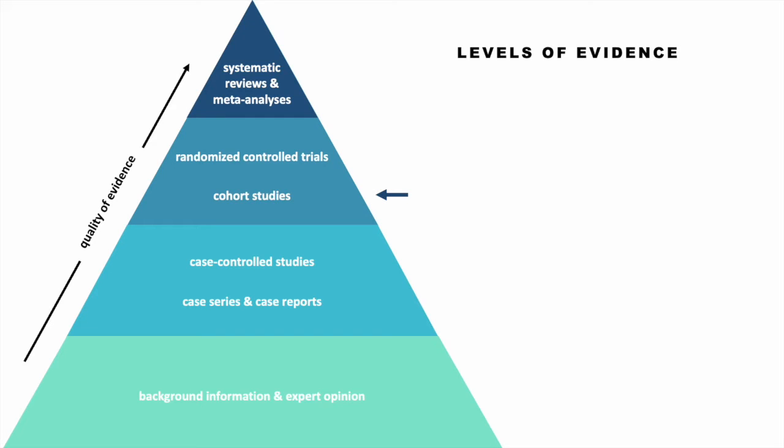Cohort studies are a type of observational study. So the researchers don't do or give an intervention to the experimental group. Cohort studies are a type of longitudinal study in which the research subjects are followed over a long period of time. It can be prospective if you're collecting new data, or retrospective if you're looking back in time and using previously acquired data or medical records. A group of people who share a common trait or exposure are followed to see if they develop the outcome